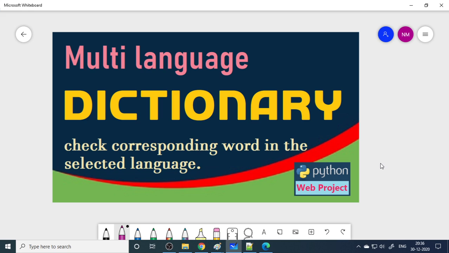In this video, we'll explain the project Multi-Language Dictionary. We'll show you how this project works, what things are there on the admin side, what things are on the client side, how to enter the data, and how the user can view all the data. So particularly for every English word, what is the corresponding word in that particular language? For example, if you take mother in English and you want to know what it is in Kannada,